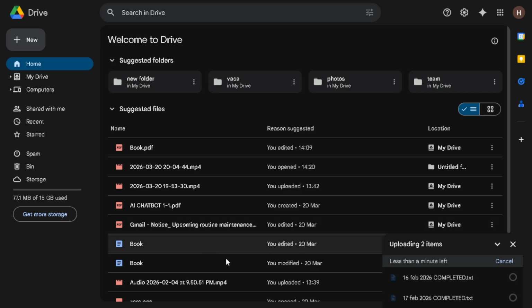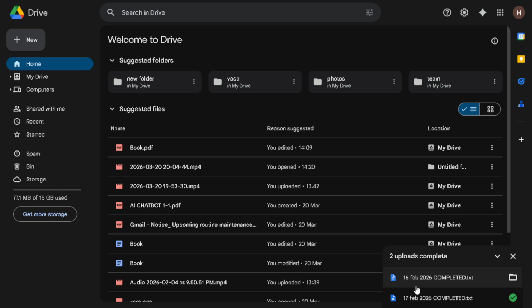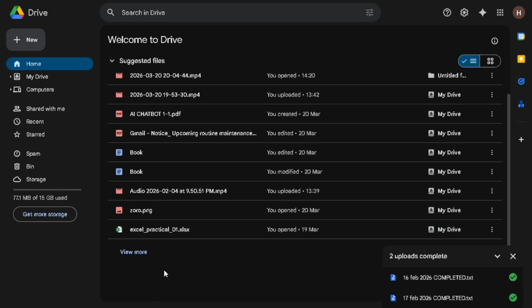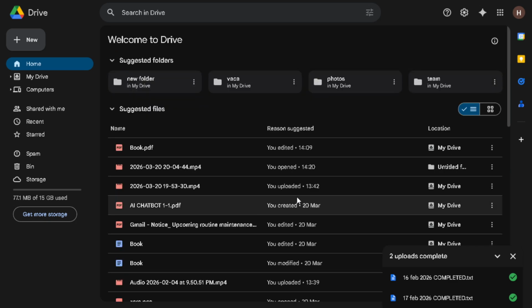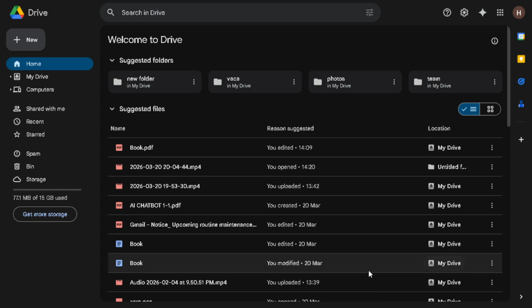Your files will then start uploading, and you'll see a progress bar appear in the lower right corner of the screen. This lets you monitor the upload progress, so you'll know when it's done. Depending on your internet speed and the size of the files, this might take just a moment or a little longer. Now, if you want to move an entire folder instead of just individual files, the process is slightly different,